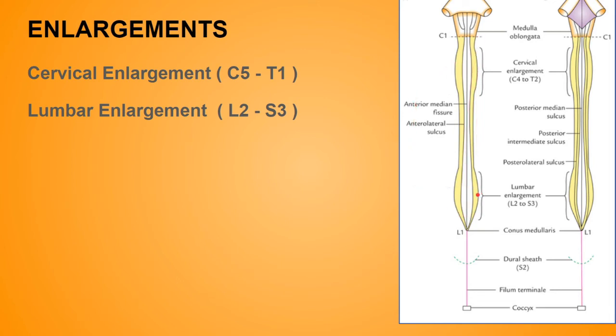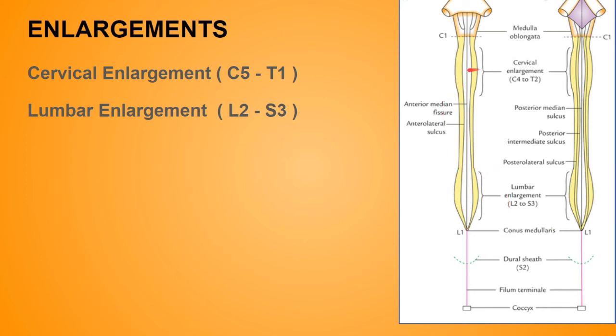Why? Because over here there is attachment of the nerve roots that supply the upper limb and the lower limb muscles and the girdles, right? And because of this, they have to supply a large amount of muscles and girdles. Over here there is a large number of motor neurons in this region, which supply the muscles of the upper and the lower limb and the girdles, right? So this region gets enlarged, because this region forms the brachial plexus, the nerve roots that supply a particular limb, and over here there is the lumbosacral plexus.